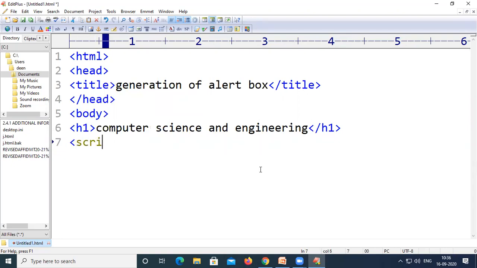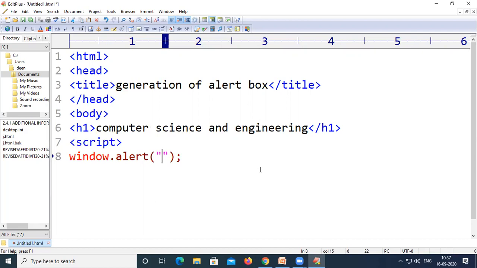Right, inside this one, I'm using a script tag, and inside the script tag, I'm using window.alert. We have studied earlier, if you want to create an alert box over the web page, you have to make use of the window object followed by alert message. So this will create an alert box over the web page. So on the alert box, what message we want to display should be included within the double quotes as a parameter for this method calling, right?